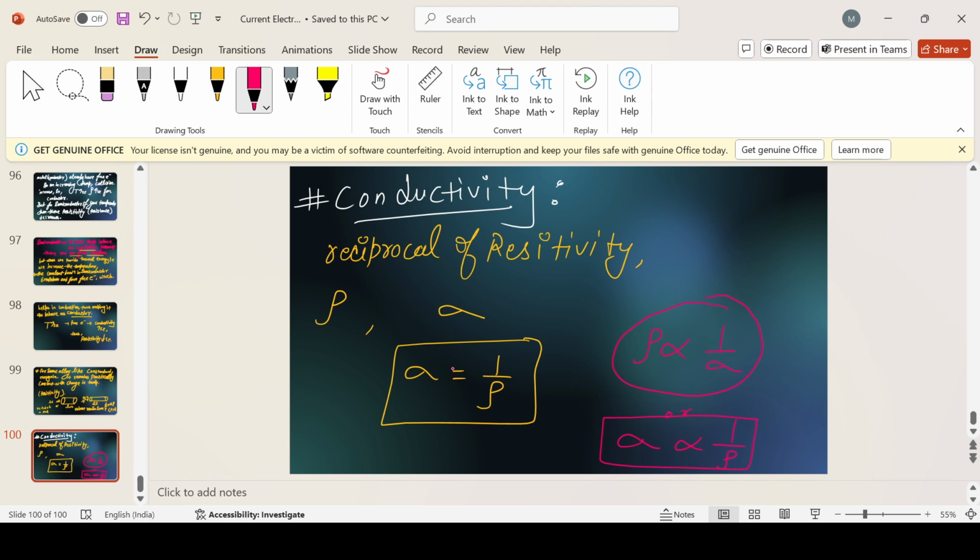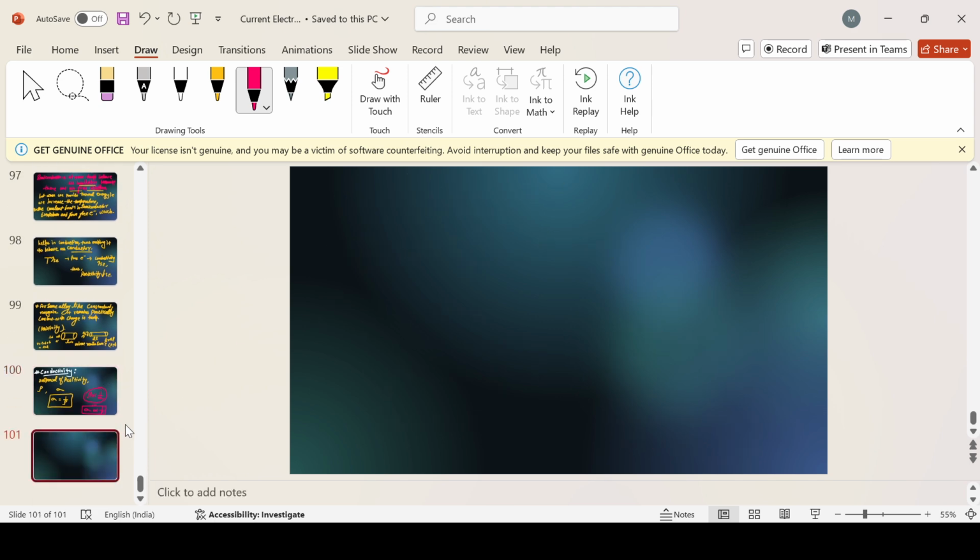So for conductors, what should be required more, conductivity or resistivity? Conductivity, yes, definitely conductivity. The more the conductivity, the better the conductor it is, or the more current it will pass through it. Now, as we have learned, the unit of rho is ohm meter. So the SI unit